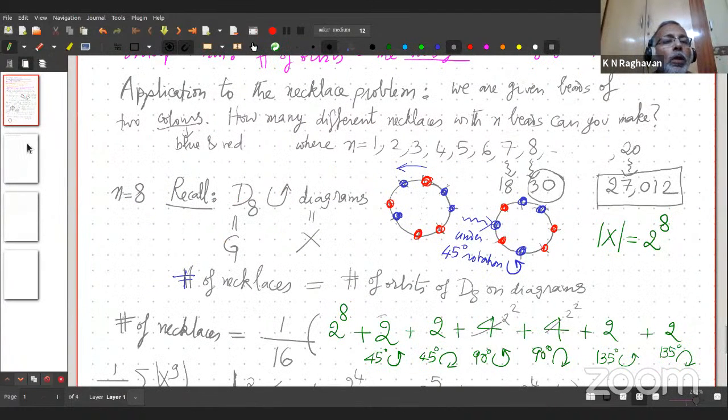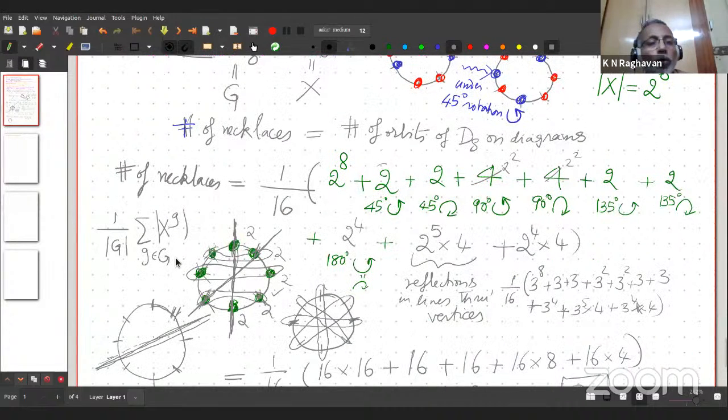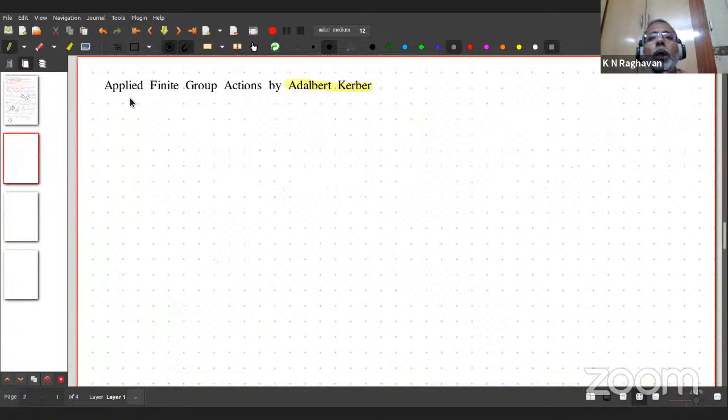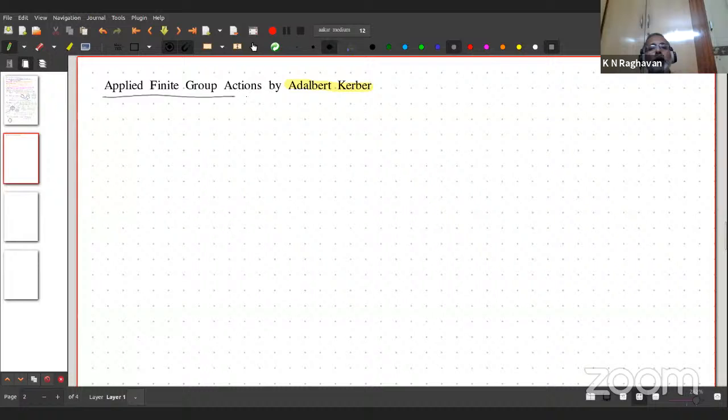Okay, I have one more comment before starting the proof. Last time I was asked for some good reference, and I found this beautiful reference. I didn't know it last Saturday when I lectured, but I know it now. It's called Applied Finite Group Actions, I found it on the net. It seems to be a very beautiful book by this gentleman called Adalbert Kerber. This is the title of the book, and it looks very nice, and it gives many applications of this orbit